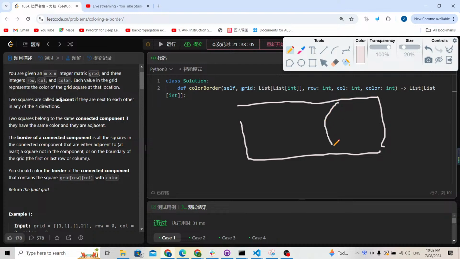So here, in these areas, all the cells are going to be 1. So this whole area will be a connected component. I think we understand that. And the border of a connected component is all the squares in the